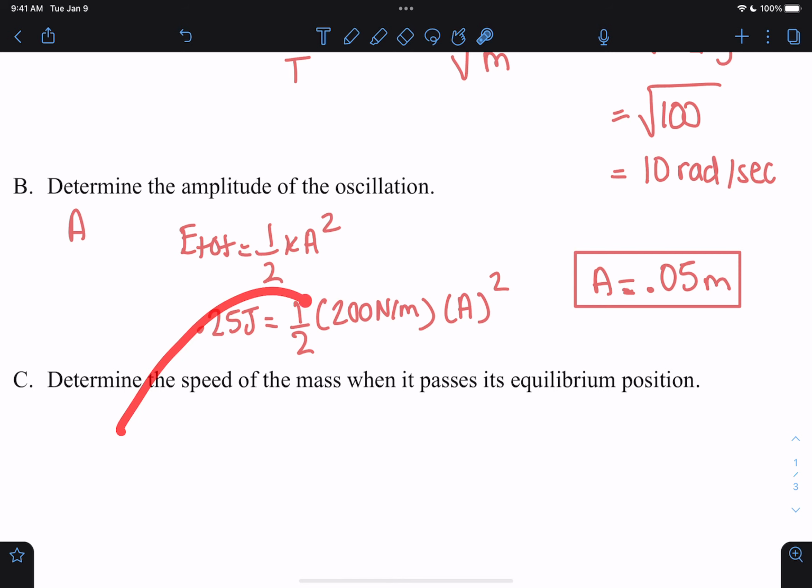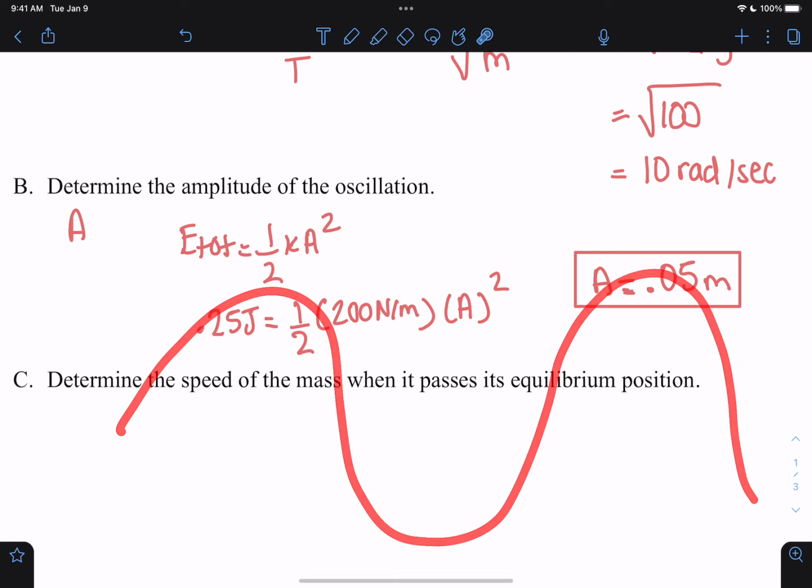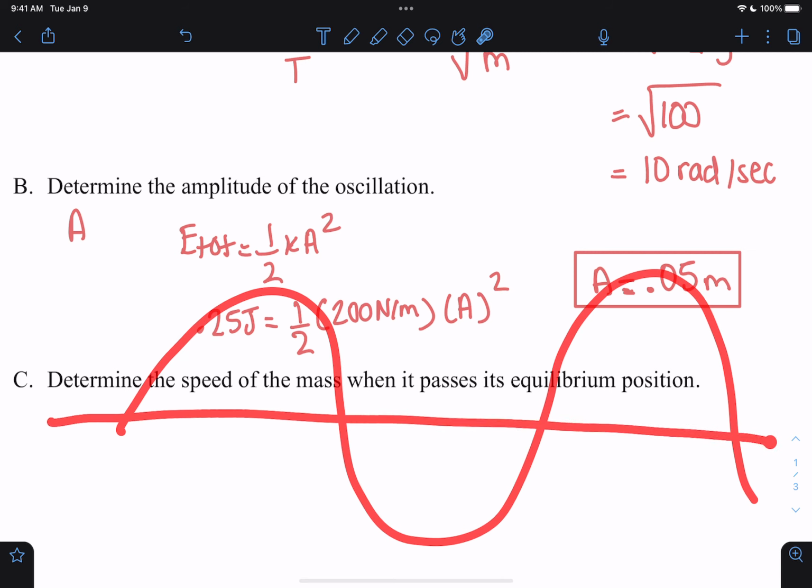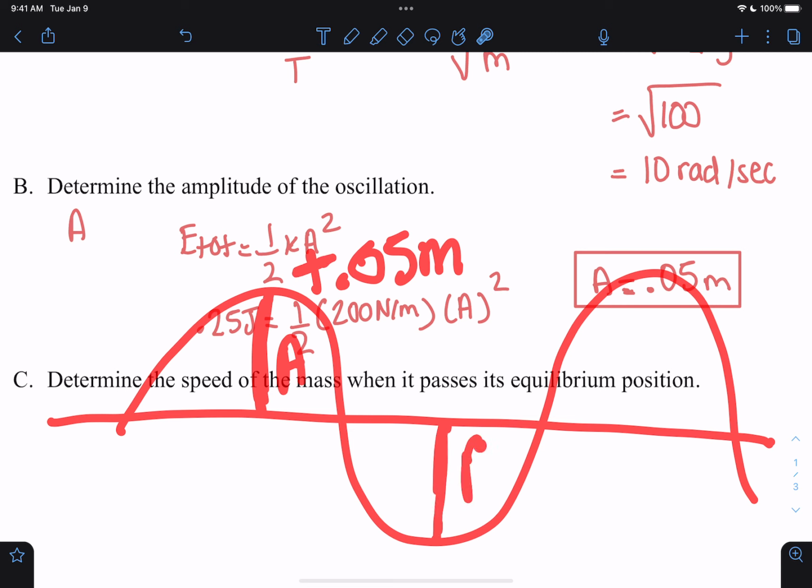I was drawing a graph, but basically I'm saying, if you have a graph like this, here's your maximum distance away, your amplitude, your A. That might be 0.05 meters. That's positive 0.05 meters. You're going in the positive x direction. And then below here, it's your amplitude again, but it's negative 0.05 meters. So anywhere along those two amplitudes, here,